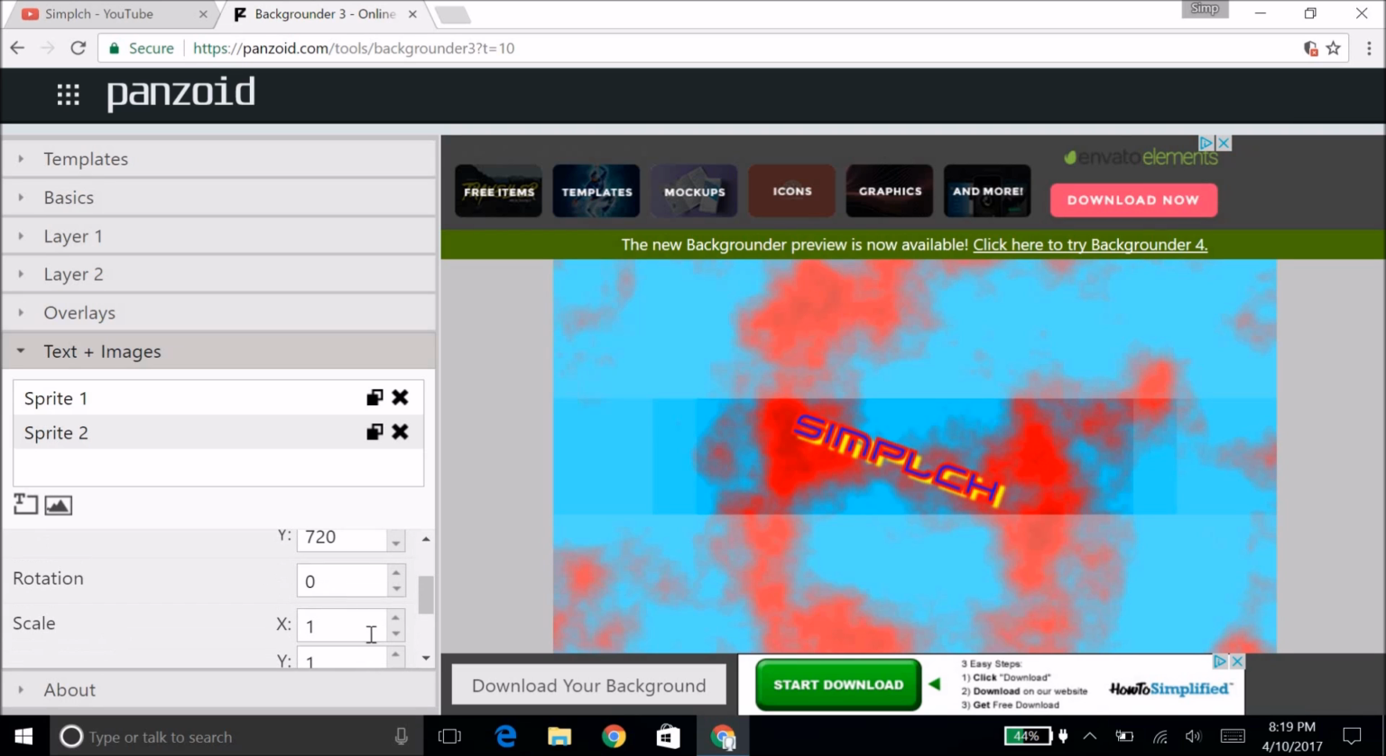You can add images and change the scale of it. Sometimes if it's too big, you can enter a decimal, like 0.5, and it'll make it a bit smaller. Make sure anything you do to X, you do to Y, otherwise it looks skewed. But I'm not adding an image, just because I don't want to go and look for one in the public domain. You can rotate your image, but once you're happy with it, you can download your background,